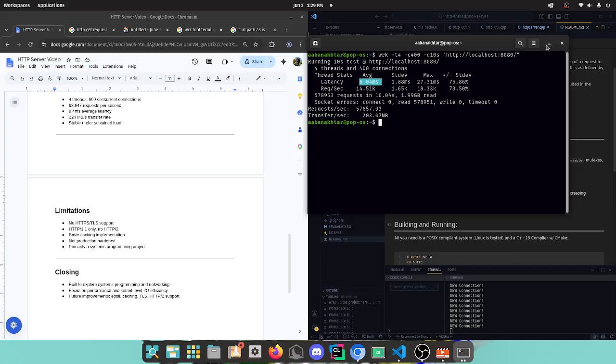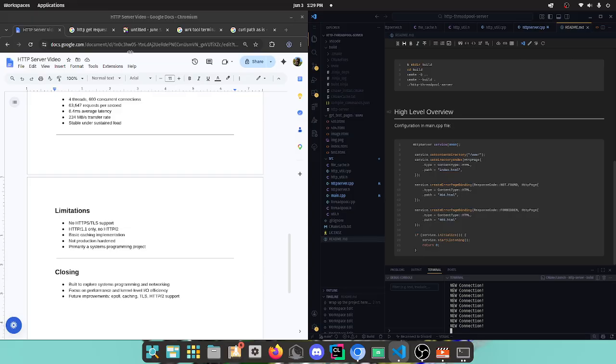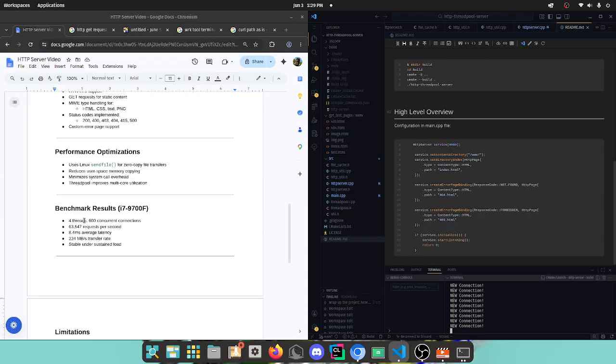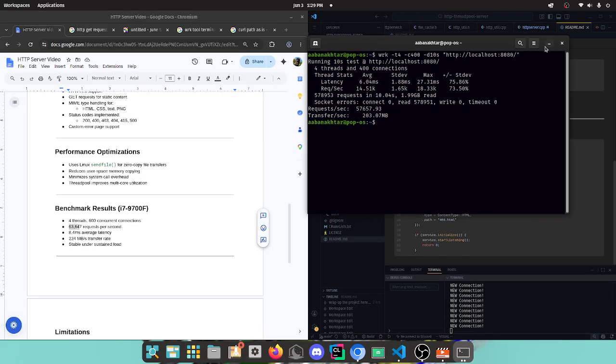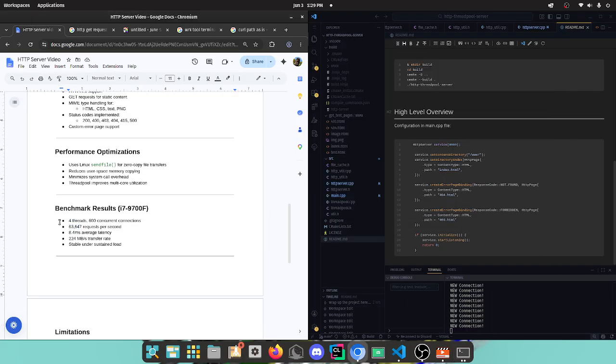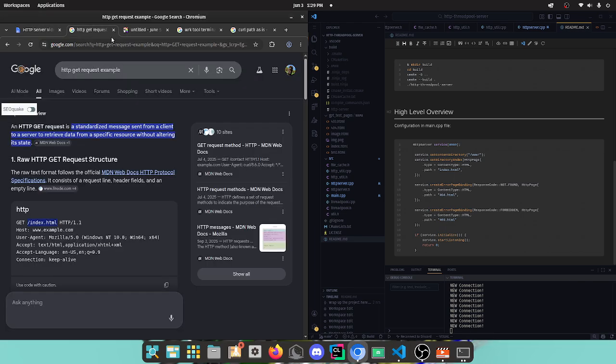I personally tested it with the server running on 4 cores with 600 connections, and it handled 63,247 requests. Right now it's running on 8 cores, which is probably why it's much closer. And it had an 8.4 millisecond average latency. Again, it's a little different because I was running on 4 cores. And it's pretty stable. There are no errors happening on the server. The server isn't crashing. If I go back and try to connect to localhost again,